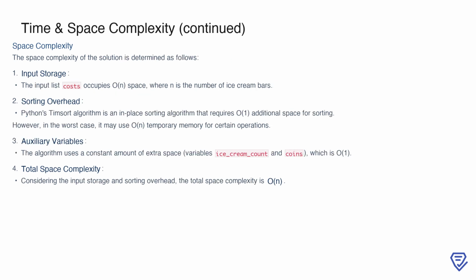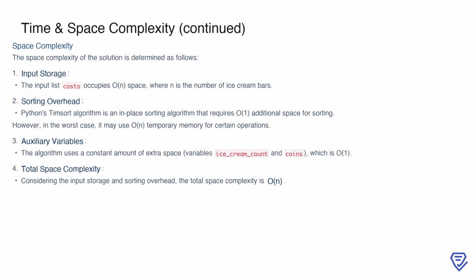Now, let's examine the space complexity of the solution. First, the input list costs already occupies O(n) space, where n is the number of ice cream bars. When it comes to sorting, Python's timsort algorithm is designed to perform in-place sorting, which ideally requires only O(1) additional space. However, in the worst case, it may use up to O(n) temporary memory for certain operations, such as